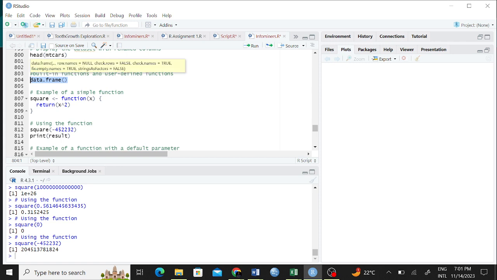You can even add another example. For you to declare something as a matrix, you have to actually use the matrix function, right?